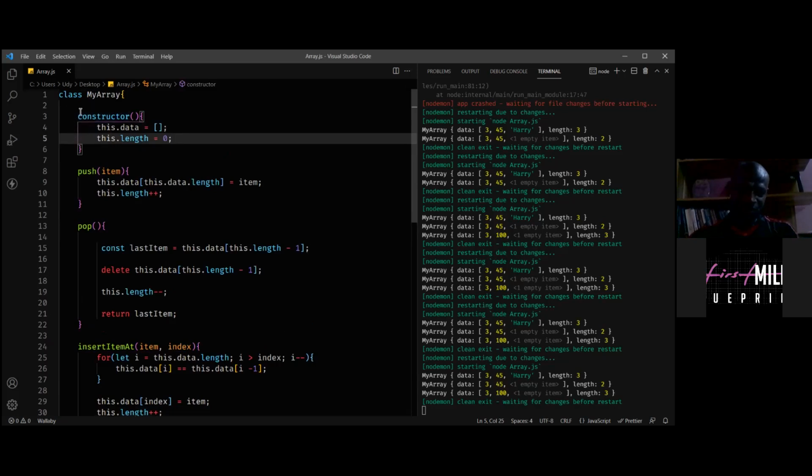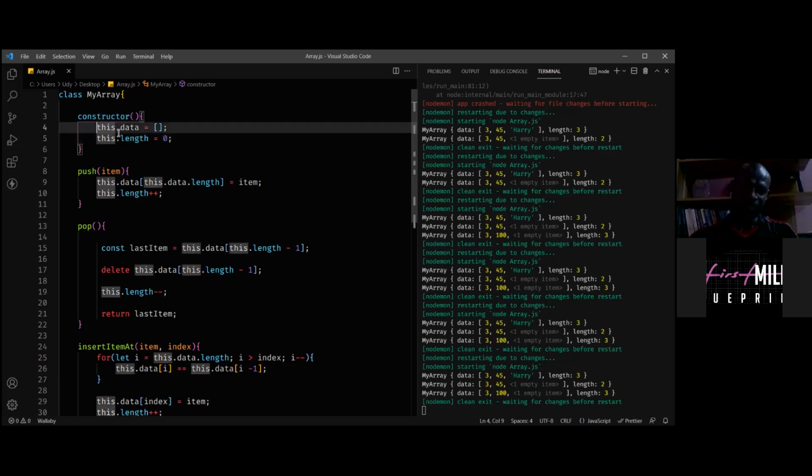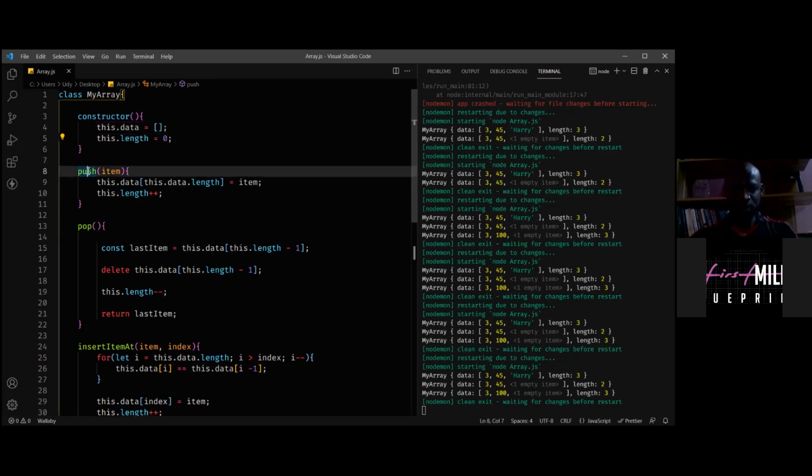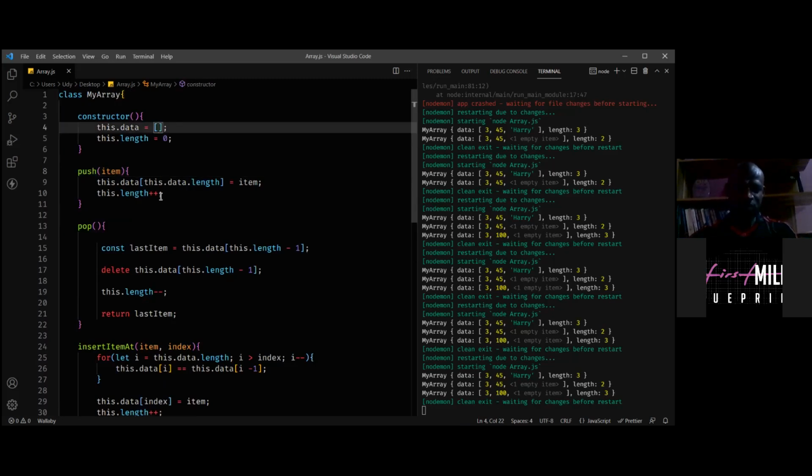Remember, in the constructor of the class, we had already defined the array, right? Then we've declared the array and we've declared the length. For each of these methods, like in push, if you push in data onto this array, we increment the length. It gives the exact number of lengths here. Now, this is an array that we are building.